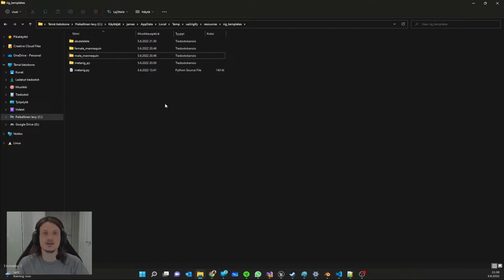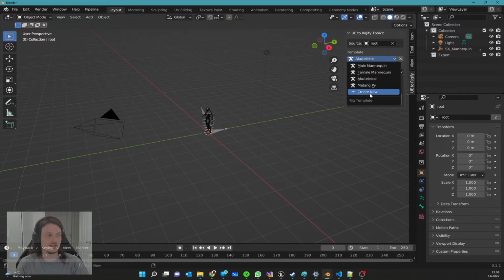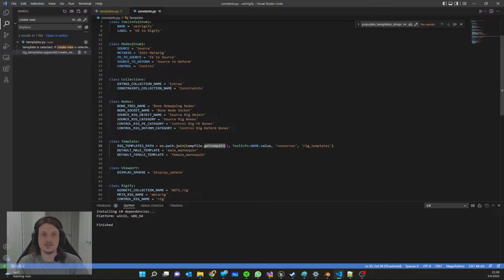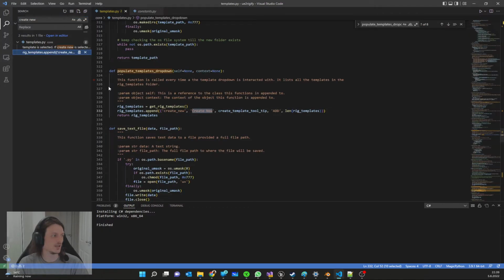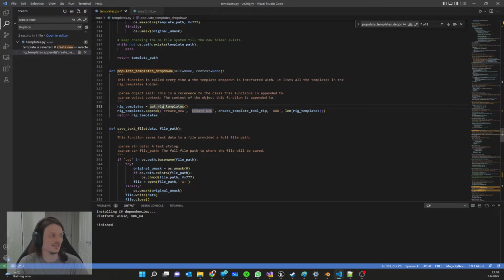If you're interested in how I found that out, if I go through to Blender, I noticed the create new button inside the ue2rigify toolkit. I searched for this in the code that you download, the zip folder, the plugin that you download from Unreal Engine's GitHub. I searched for create new. There's two search results returned. You can see that it goes and gets rig templates. When you go and create a new one, it appends to that list of rig templates that come from